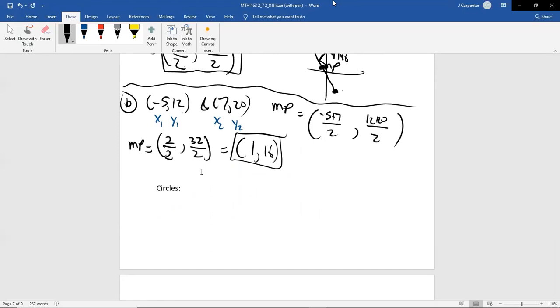Sometimes I'll say the center of the circle is here and this is its radius, and I'll ask you to write the equation. But I might also give you the equation instead and ask you to identify the center and the radius. So it works either way. So the equation of a circle, write this out. A circle centered at h comma k with radius r has the equation.